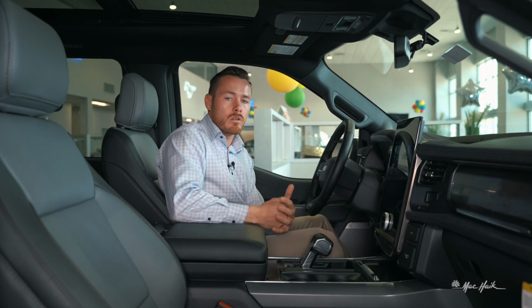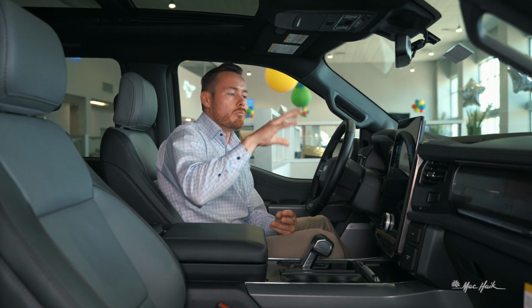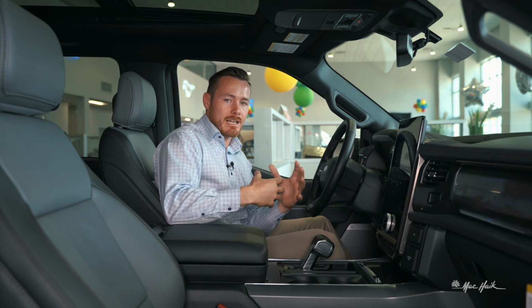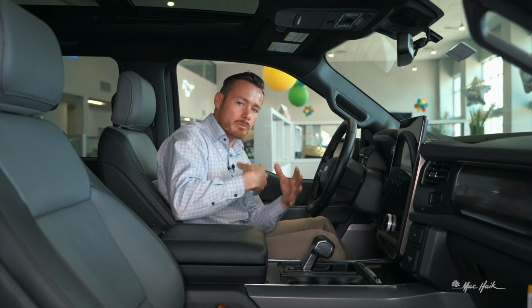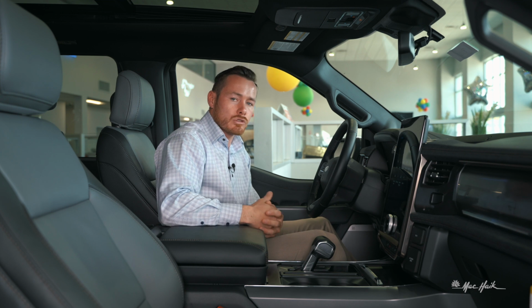This system will update over the air exactly like your phone will. So just keep that in mind. More games will come, more infotainment will come, more apps will be able to be downloaded. This vehicle might update to where it's asking for your response on whether you would like more horsepower to be generated to the vehicle, where they can actually push more power into the motors and give you a faster truck